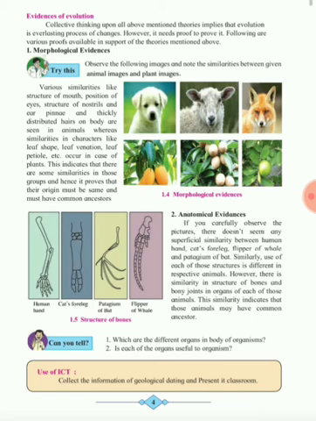Which are the different organs in the body of an organism? There are a lot of them in the human body: heart, kidney, lung, liver, pancreas. All of these are organs present in the body of the organism. The second question asked is whether each organ is useful to the organism. We can say a few of them are useful and a few are not useful to the human being. Thank you all.